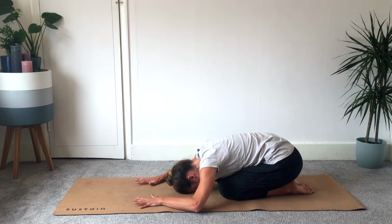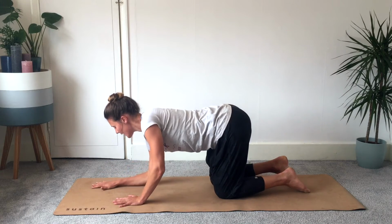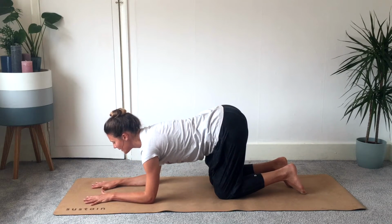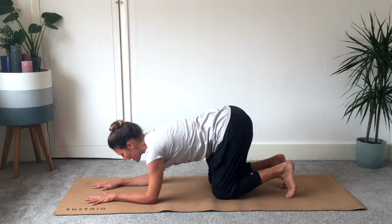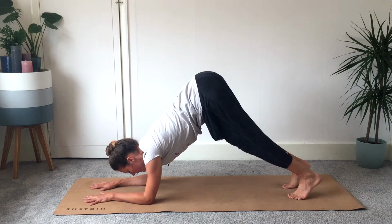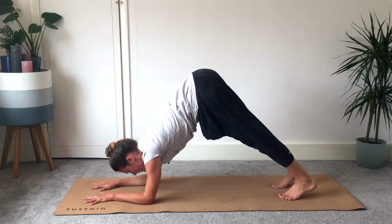So coming back up into your box. Taking the arms down to the forearms. Spreading the fingers nice and wide, tucking the toes under, and then taking the tailbone as high as you can go into your puppy pose, sending that weight back into the heels. Feeling the stretch through the backs of the legs,